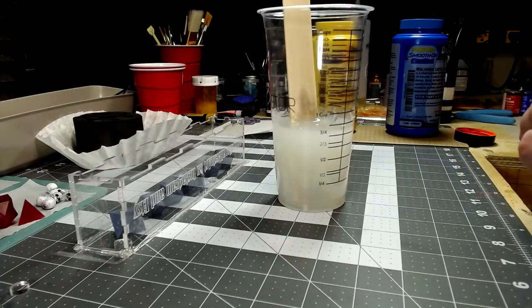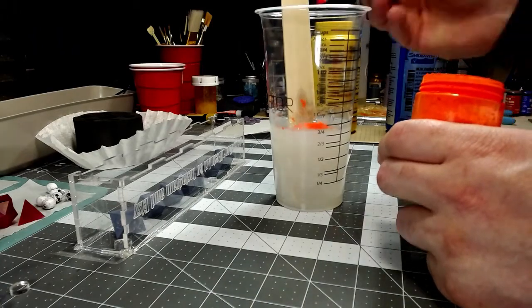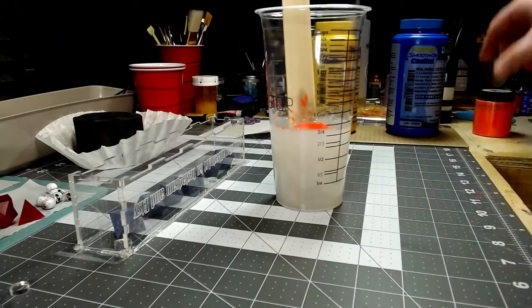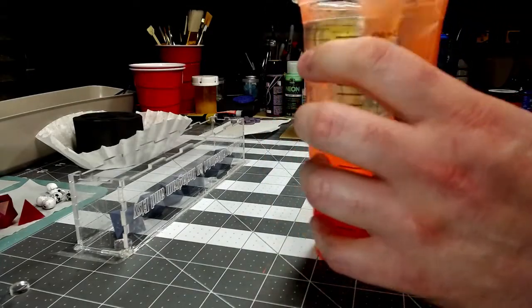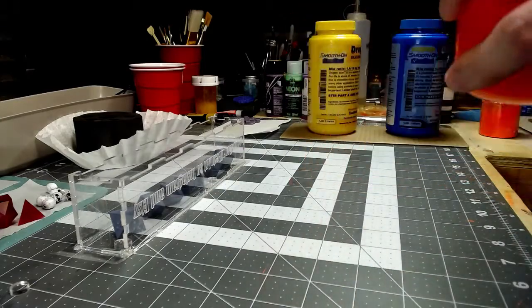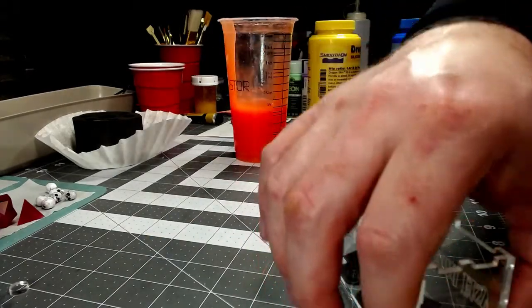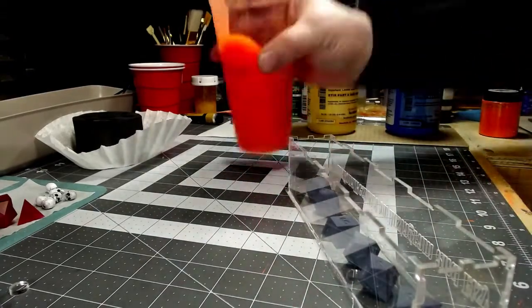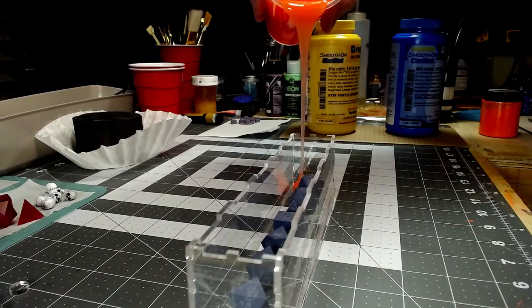I am adding some fluorescent orange, I think it's called goldenrod mica powder from Glitter Chimp, I believe, to give it that nice bright orange color. And we're going to mix it up until it's nice and mixed, and then my OCD kind of kicks in. I make sure more than once that everything is set in place,